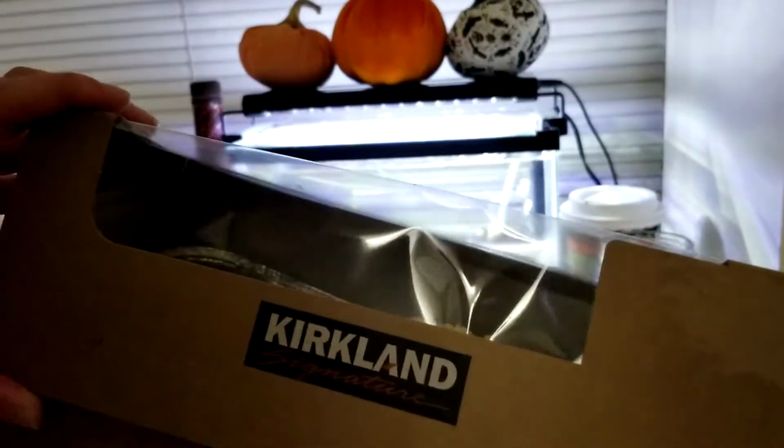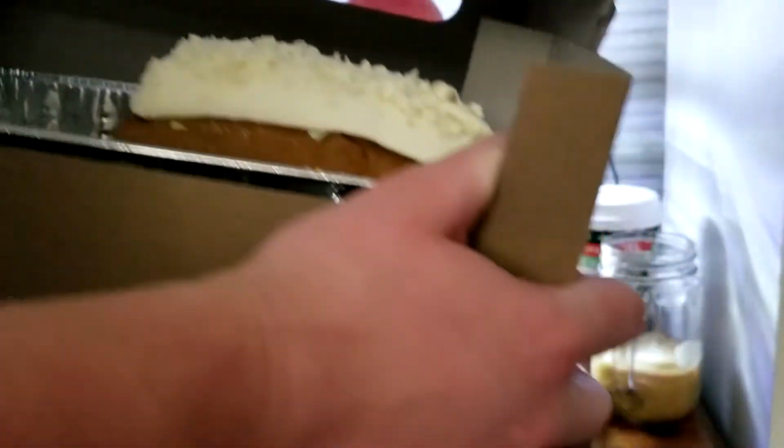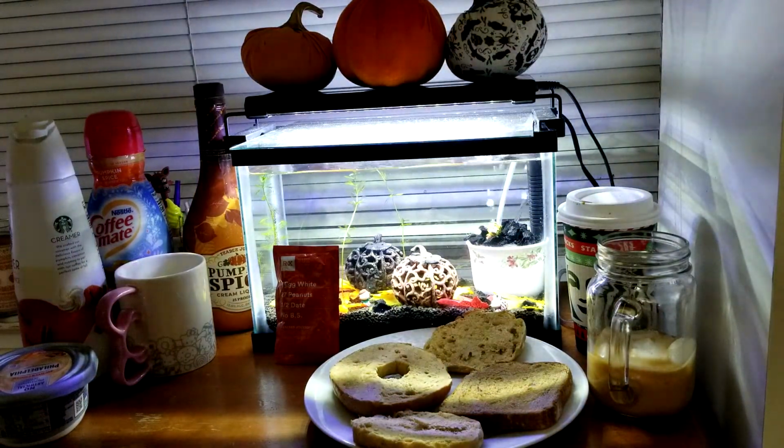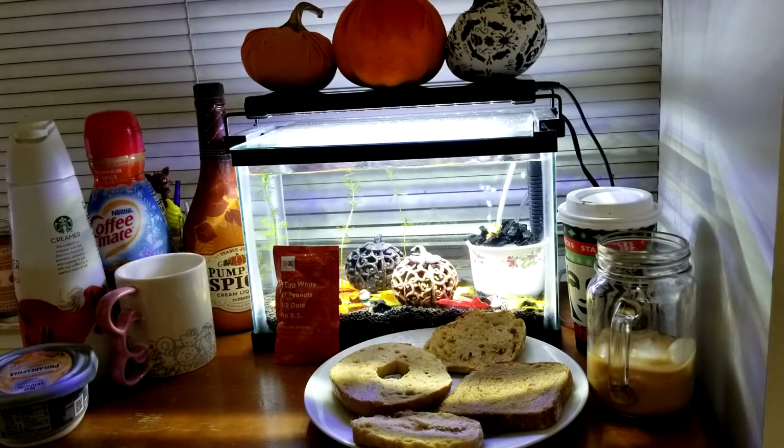Okay, this is a Kirkland box. This is the cake. This is the pumpkin spice loaf from Costco. I will not be eating a piece of this because it expired while I was trying to get everything together for this video. But I did already eat some of it while it was still good, and I was not a fan at all. It is like a cross between a cake and a bread, but it's neither,